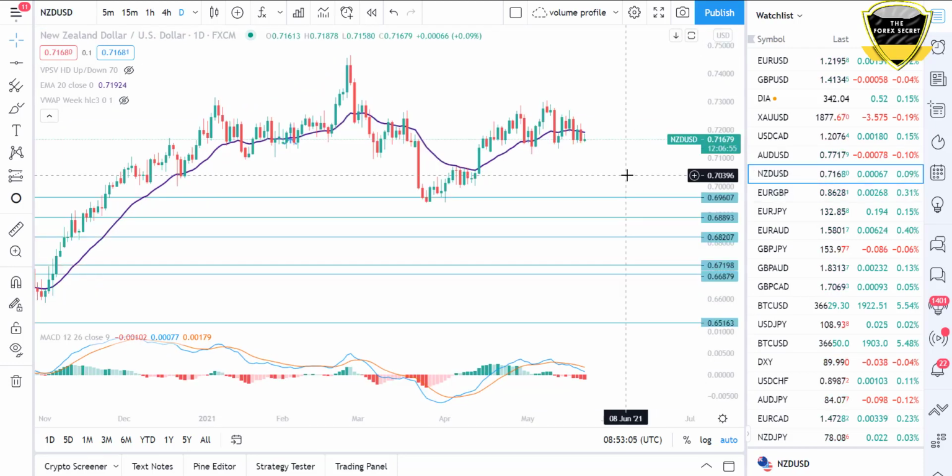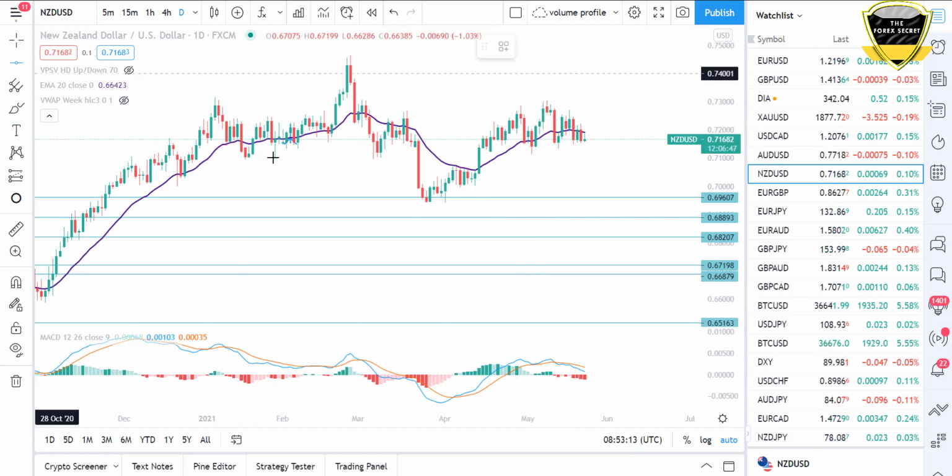The same thing is true for the NZDUSD, as the price became extremely volatile at this location with several buyers and sellers' violation with the dynamic level. Here we need to see the price below